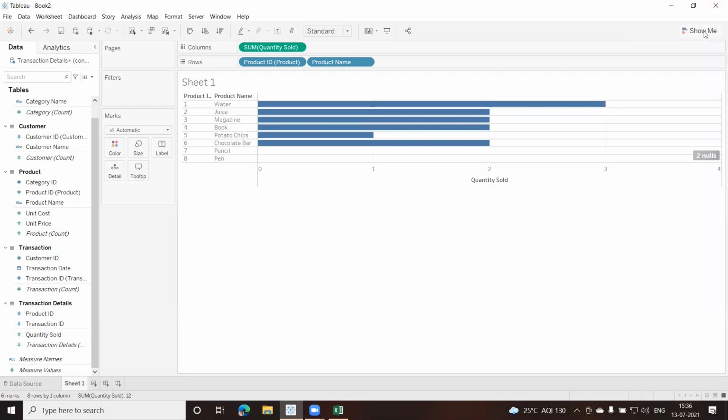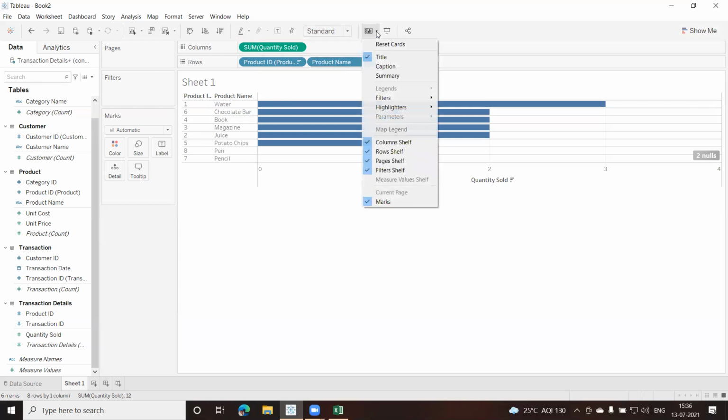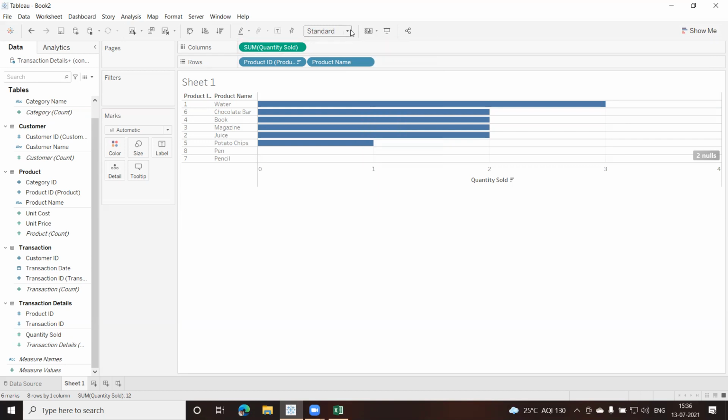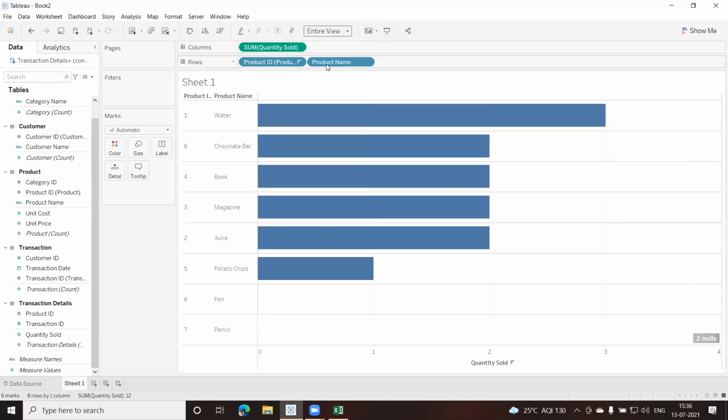Okay, let me hide this one. I'll click here. Secondly, what I'll do is I'll sort this. So I want descending order. So I'll sort this. As soon as I do this, plus I have another option. Either I can do sorting from here or I can do it from here itself. We have the option here to have a title. Let us say standard. Instead of standard, I'll say fit entire view. You can do this entire view to check it in the full sheet.